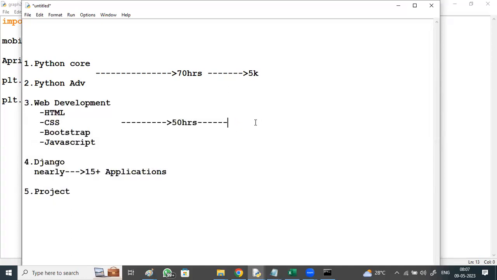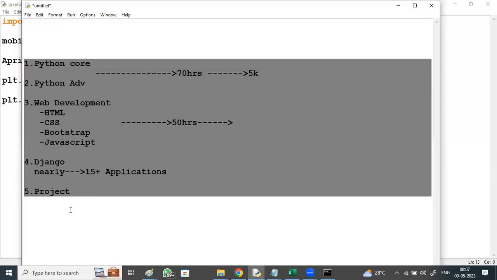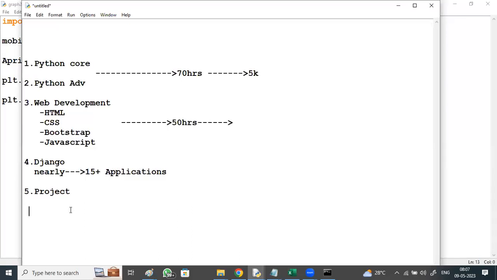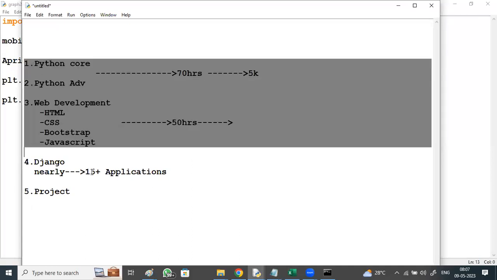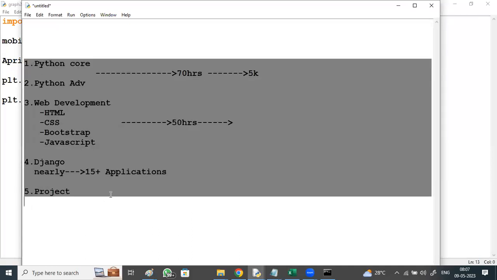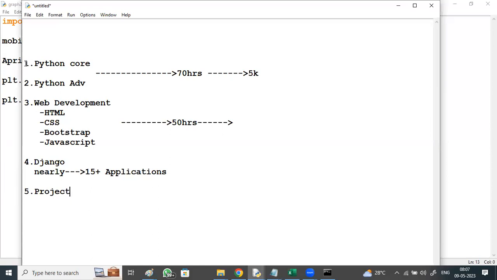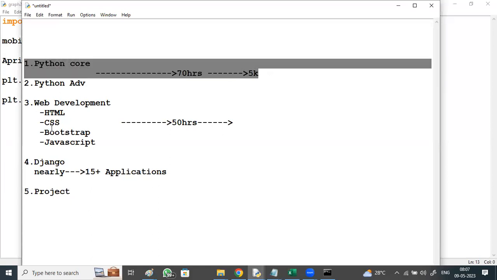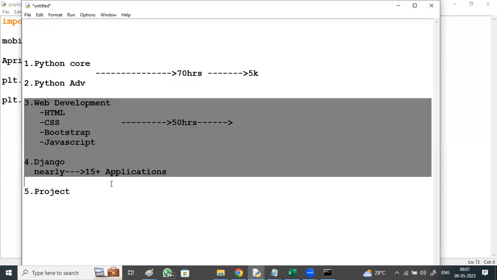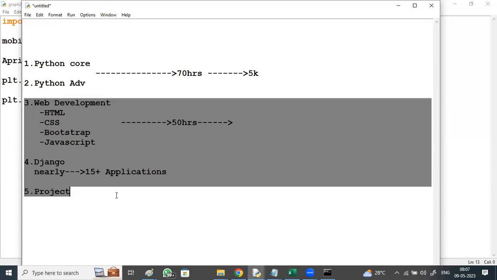If you take the entire full stack at a single shot, you just pay 10,000 for the entire package, right? But if you take it separately, first Python now and later if you want to go for this, you will need to go separately, right?